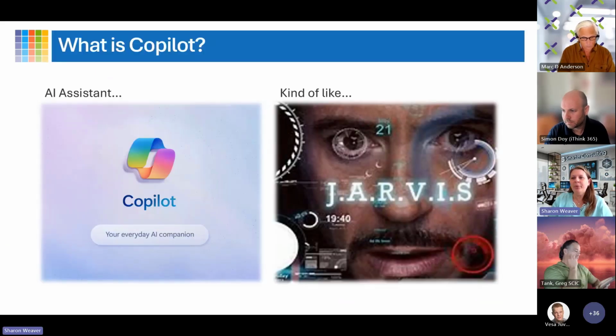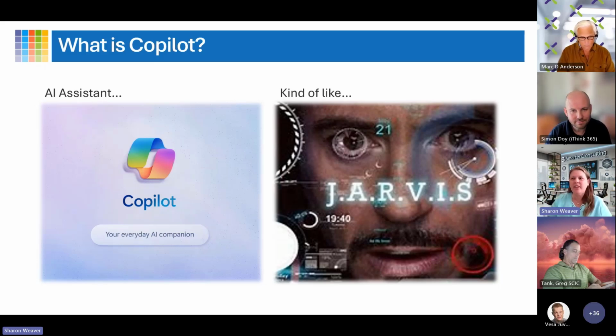It's really funny because I was backtracking as I started thinking about what we're going to talk about today. I talk about modern work all the time, and I feel like I live in the future a little bit, and then I go talk to people, and it's like if you lived in Star Trek world or Iron Man world and started saying, oh, there's this cool stuff, and everybody's just like, what in the heck are you talking about, Sharon? We have no idea what this stuff is. So I was like, okay, what the heck is Copilot?